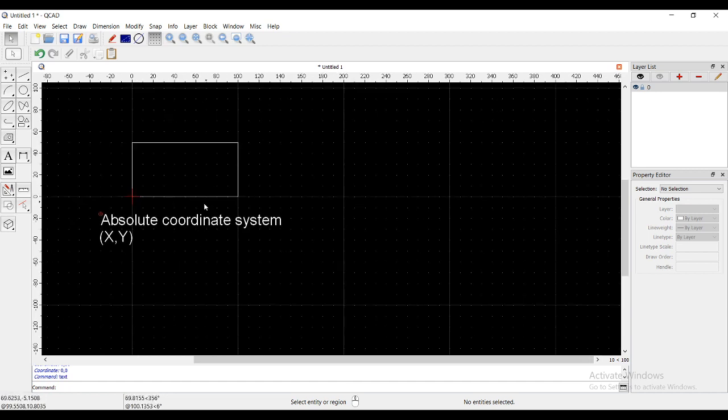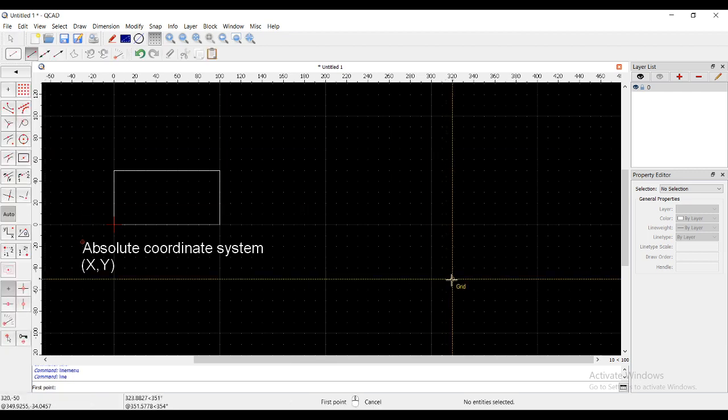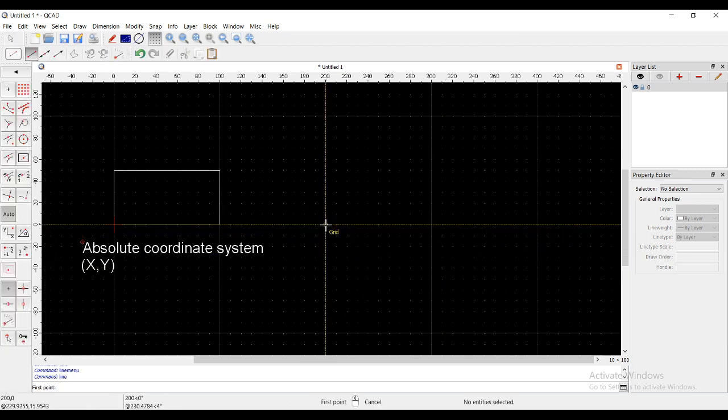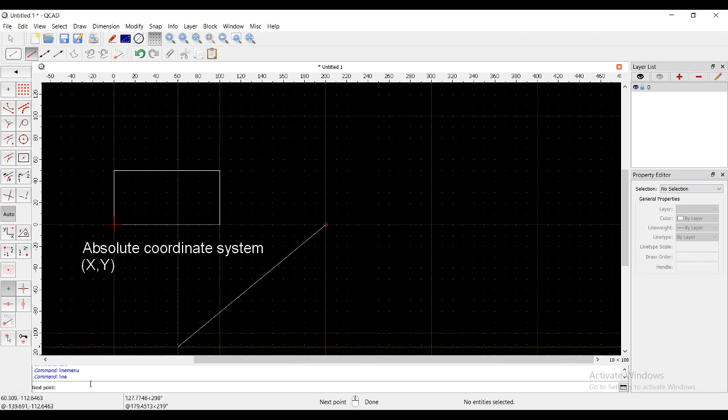Now we will make the same rectangle using the relative coordinate system. In the relative coordinate system, you will again start with a line. Let's say I am not starting at 0 now, so I will just click for a grid reference for the first point, and then for relative, this is relative to this point. So I have to give the at sign in the command prompt. You can give the length of the horizontal line, that is 100, comma the vertical distance. We want a horizontal line, so we will just give 100 comma 0. That will give me the line.